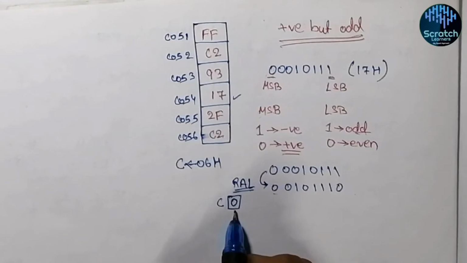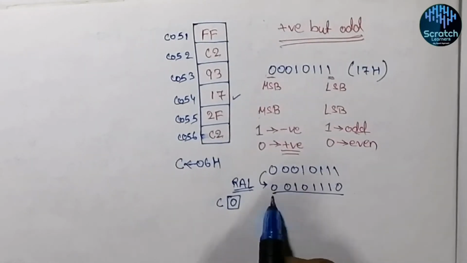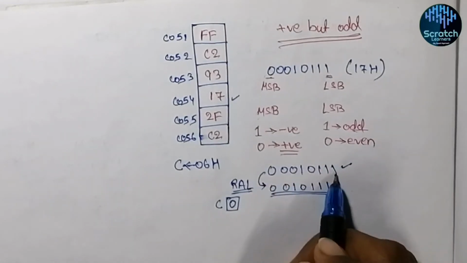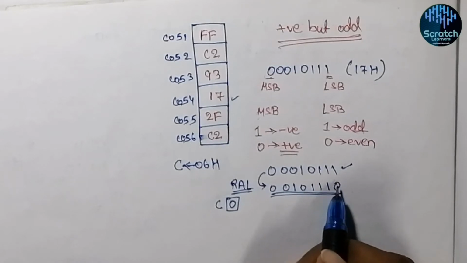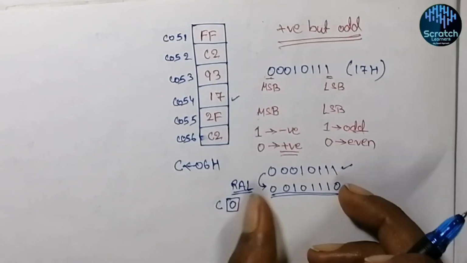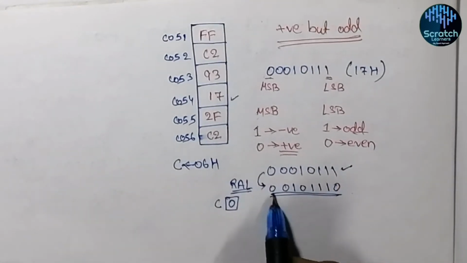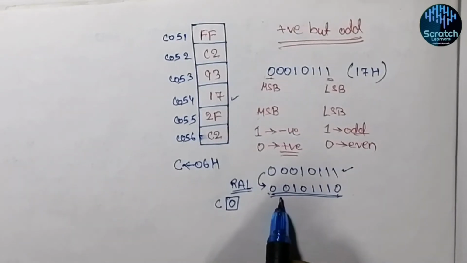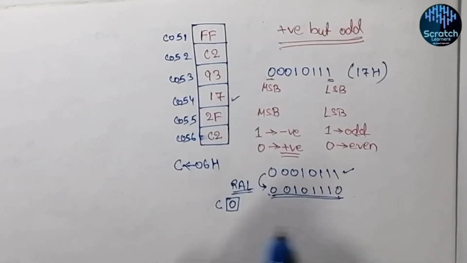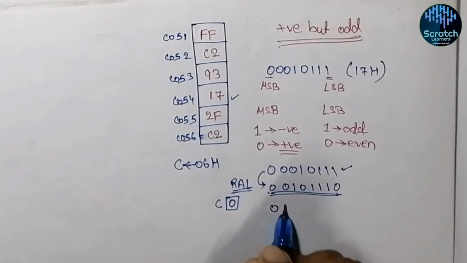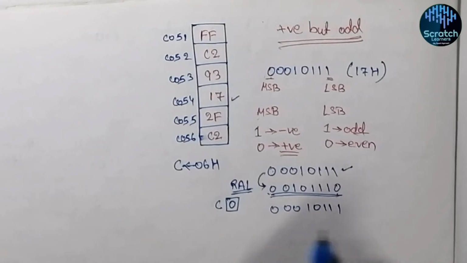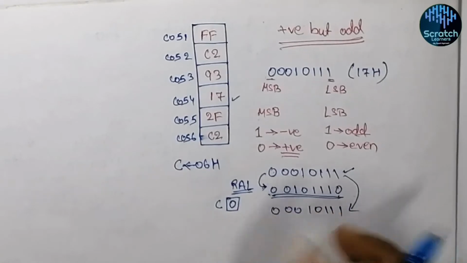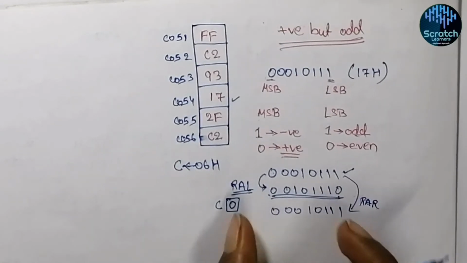Now we will check the content of this carry flag, whether it is 1 or 0. Here you can see that the carry flag is 0. So this is a positive number, and now this is the rotated number, right? And this is our actual data. If we rotate this number towards right, then we can check in a similar way for an odd or even number. But now the accumulator contains this data, so we have to rotate this data towards right 2 times. Why? If we rotate this number towards right by 1 time, then we'll get the same number, right? This is the actual data. So first RAL, then RAR.